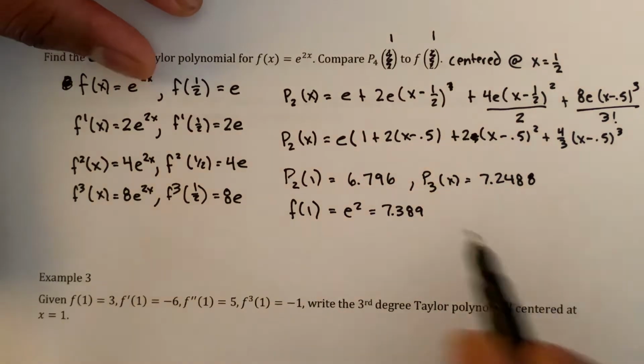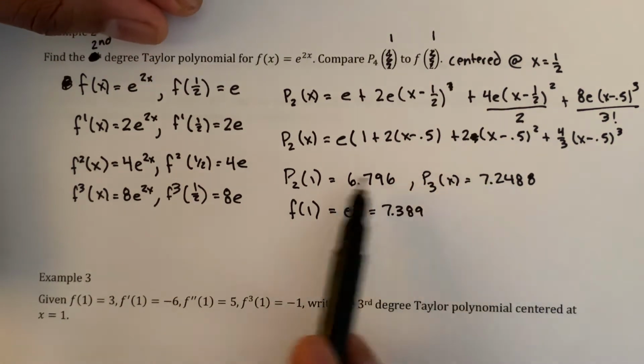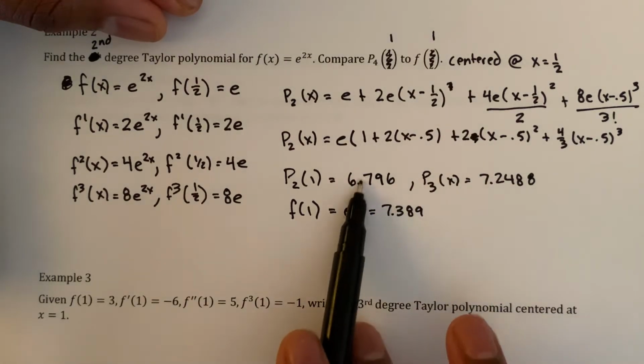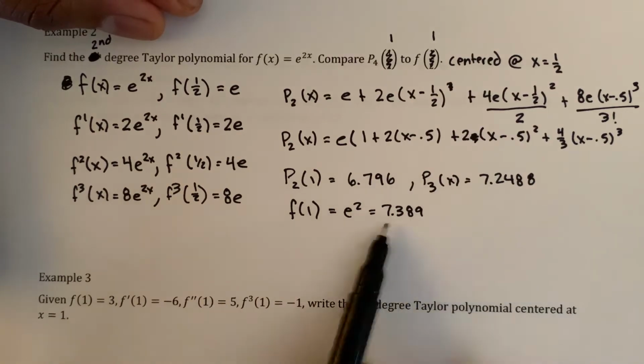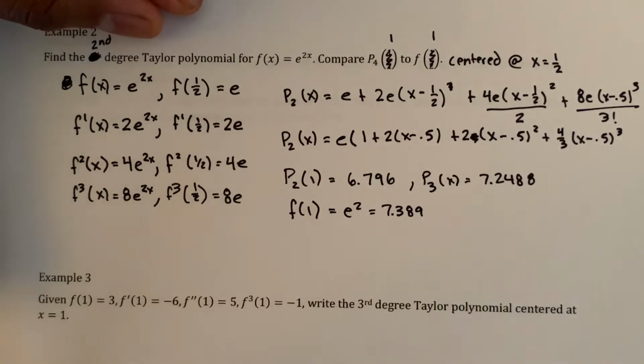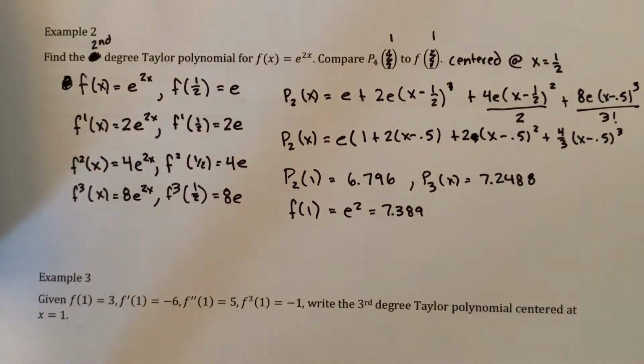7.2488. So we can see that adding one more term increased our precision by a lot. It went up by about 0.5, which is very close to this value. So again, the more terms we have in our Taylor polynomial, the more accurate our approximation is. So for example 3,